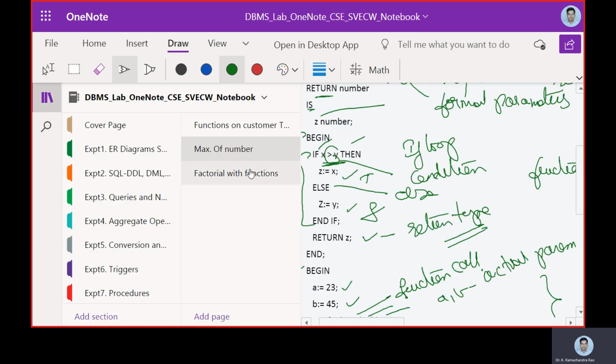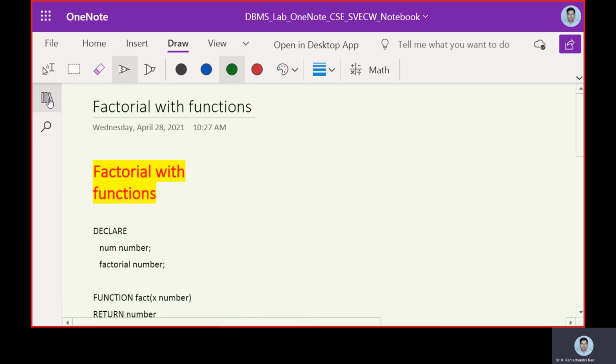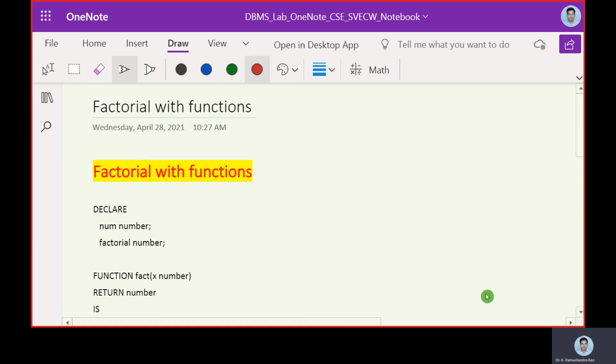Now let us look at one more program as a part of functions. So in this, the intention was to find the factorial of a number. So if I'm going to say 5 factorial, it should be 5 into 4 into 3 into 2 into 1. So always it is n into n minus 1.